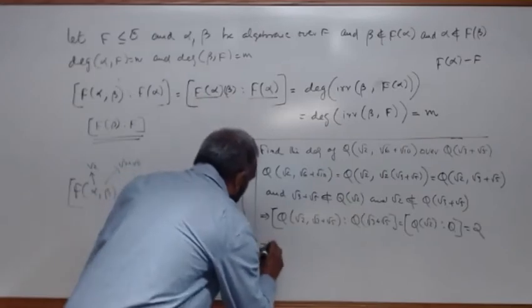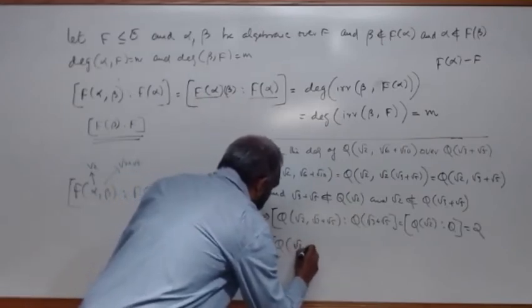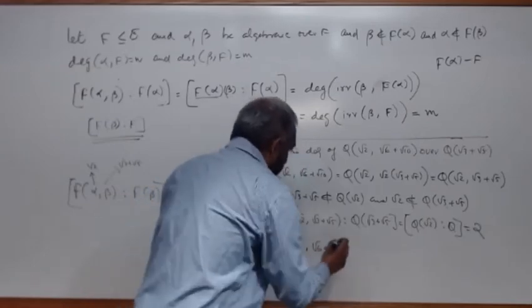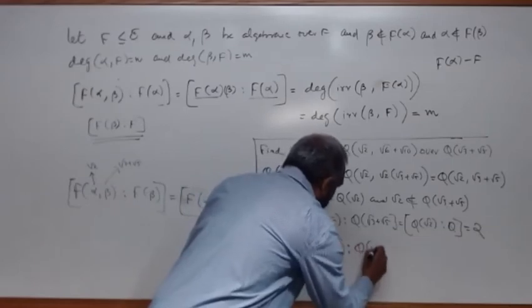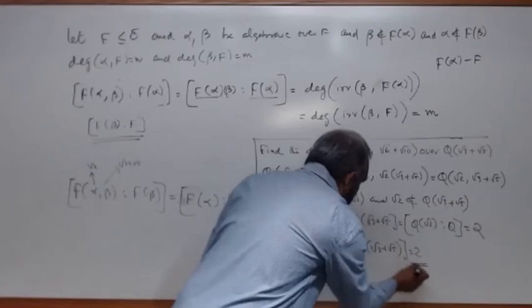So this implies Q of root 2 comma root 6 plus root 10 over Q of root 3 plus root 5 is equal to